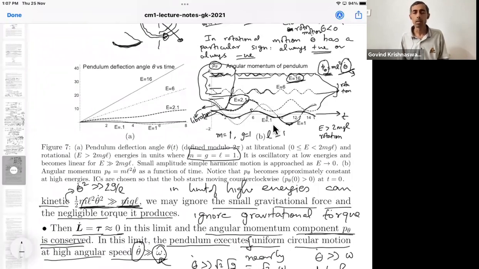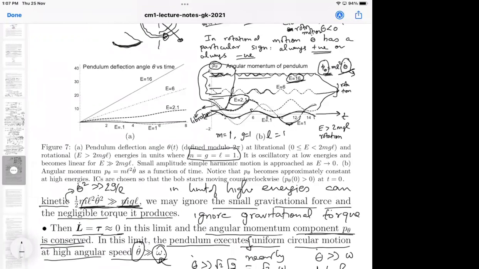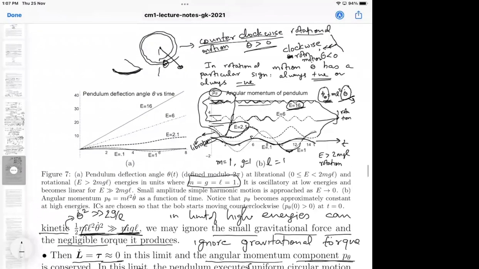Please do your question. Yes, please go ahead. Sorry, no, I have a doubt. You said as the range decreases, as P theta gets really big, it becomes a constant, right? So how exactly are we interpreting the range as angular momentum?